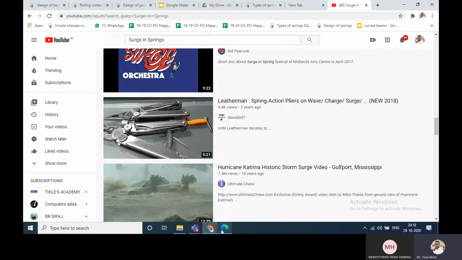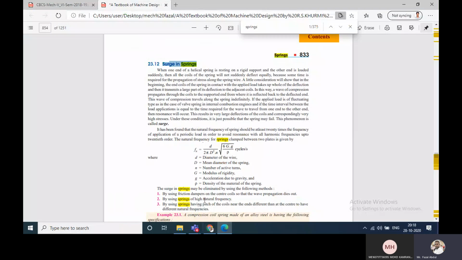Small kids are going to play with the spring for time pass. They are playing with this one spring, holding it in two hands continuously. They are operating that one. So sir, like what we can say, QD. Whatever the operation you are finding there, that is known as a surge in springs.